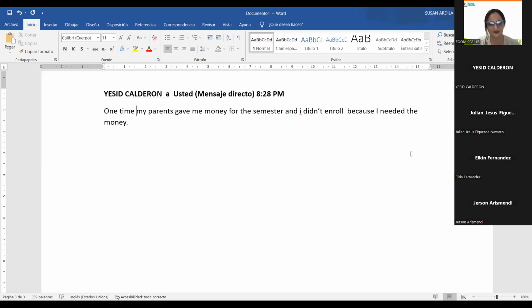Perfect. I selected all boys because I thought it would be a little bit more real. And you all have different personalities, so they make assumptions about what they believe, because we always judge people for what we know or think. And that's interesting because the only real person here about this secret is just one. It's not Julian's, it's not Elkin's, it's not Gerson's. Okay, let's go. We're going to play.